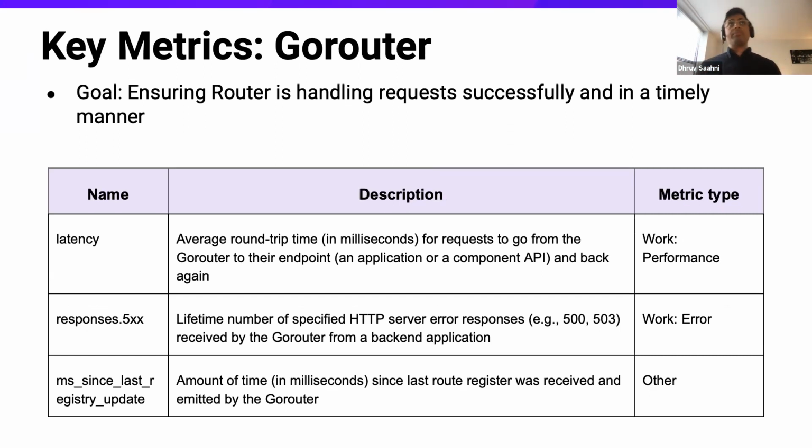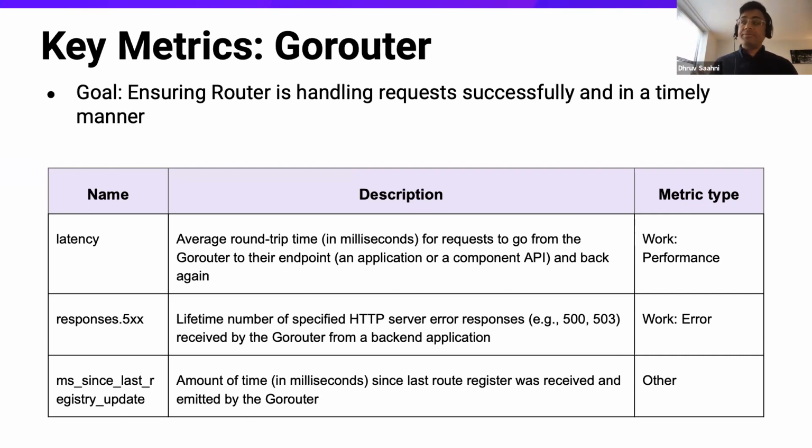The most important metric probably for the Go router is your latency. And that's the average round trip time, measured in milliseconds most commonly, for requests to go from the Go router to the endpoint, which is an application or a component API, depending on the request, and then back again. So obviously increases in the time it takes for this request to complete can result in catastrophic failures down the line, right? So you want to keep an eye